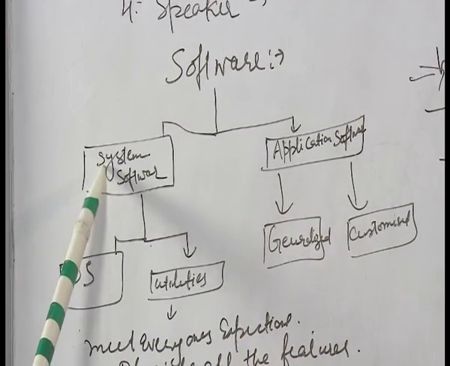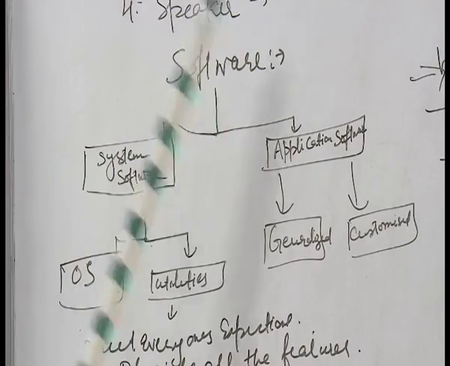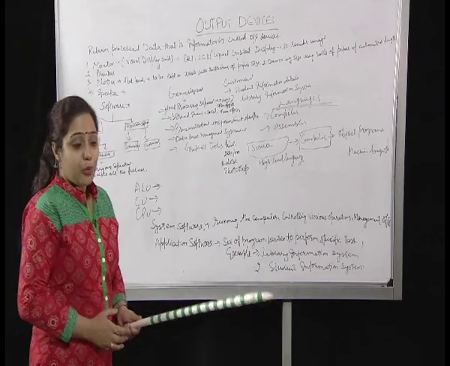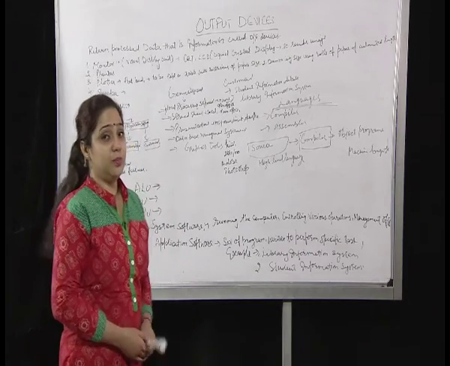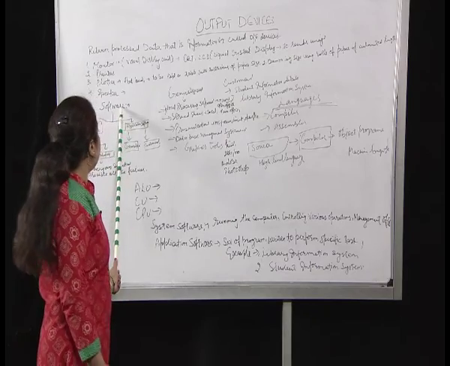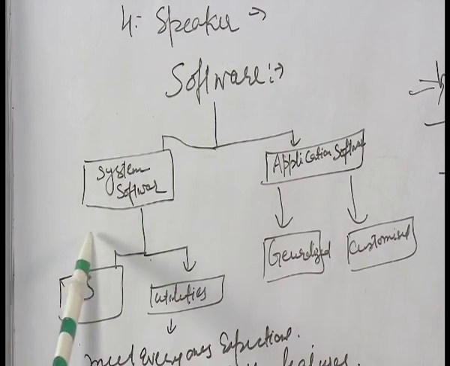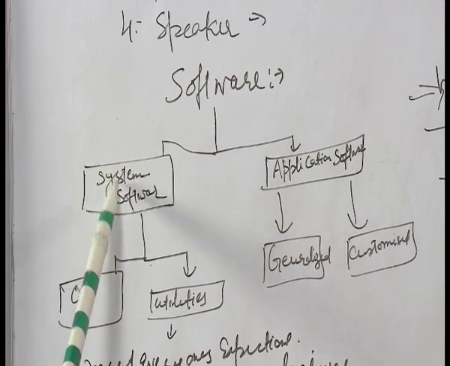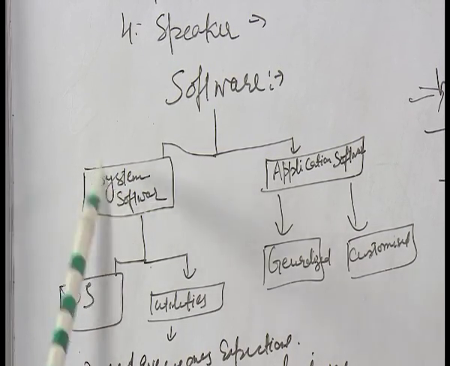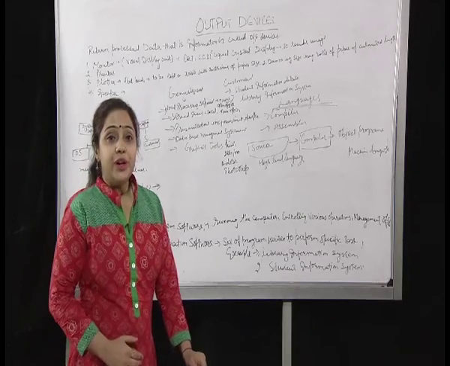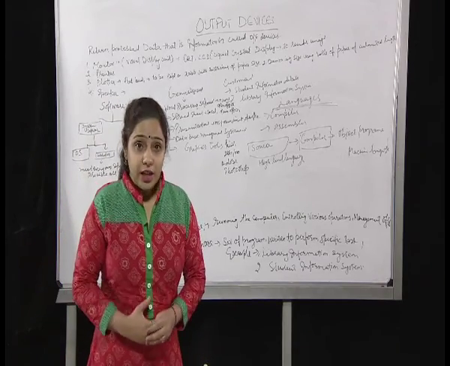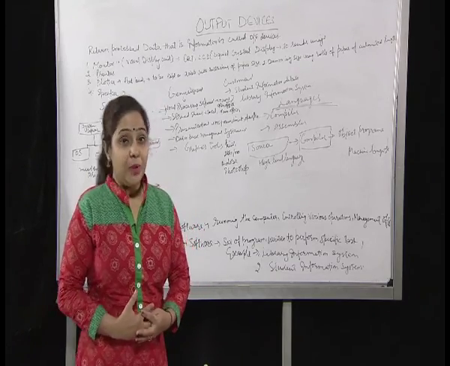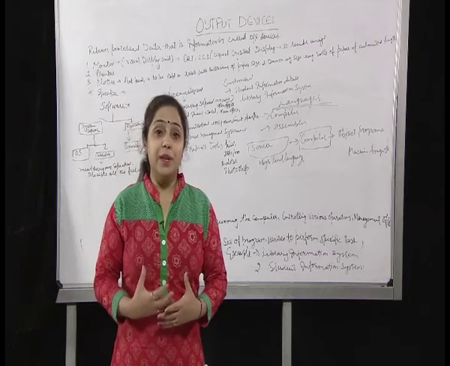We will discuss them one by one. First we should know what software is. As I have told you, it is a set of programs, a set of instructions performed by a user. Now I am going to discuss what system software is. System software is software that runs on the computer, controlling all the computer resources and managing all the system operations.